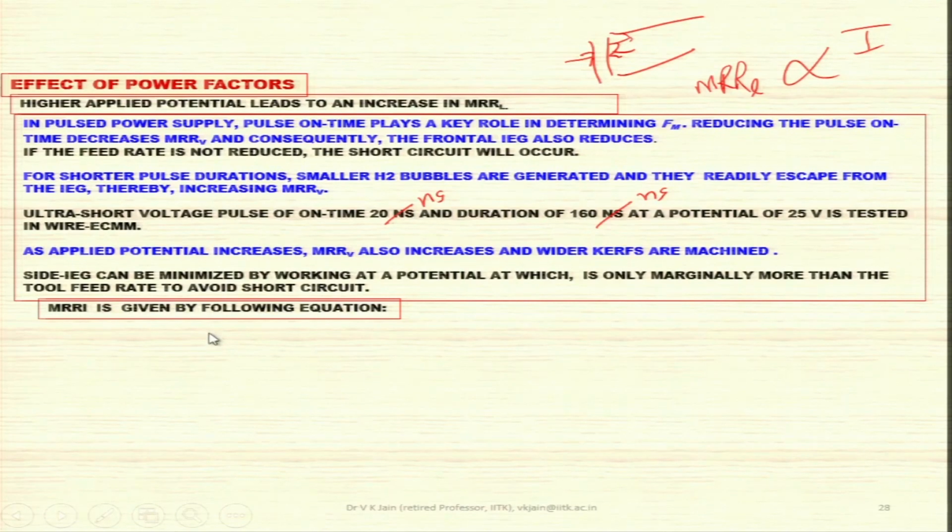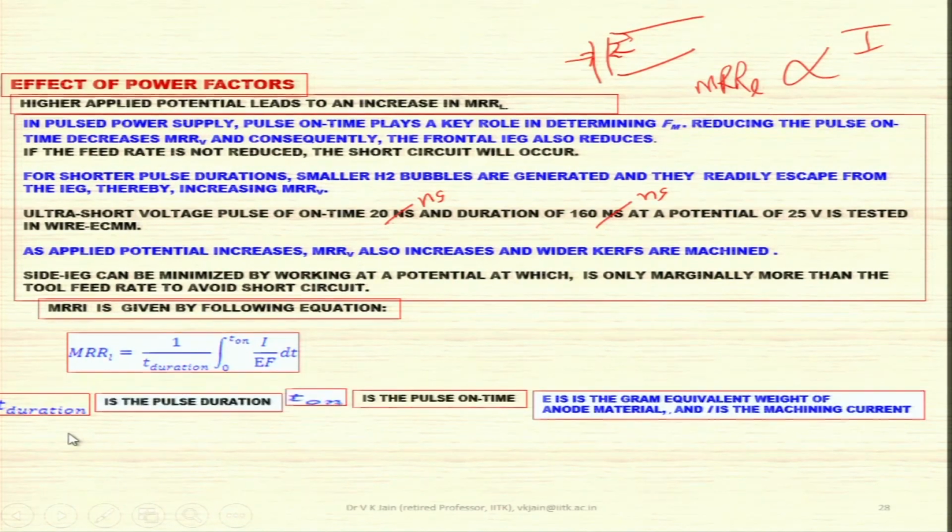Linear material removal rate is given by the following equation. MRRL is equal to 1 upon T duration, integration 0 to T on, of I upon EF into dt. So if you integrate this, you can get the linear material removal rate, where T duration is the pulse duration, that is on time plus off time, T on plus T off, and